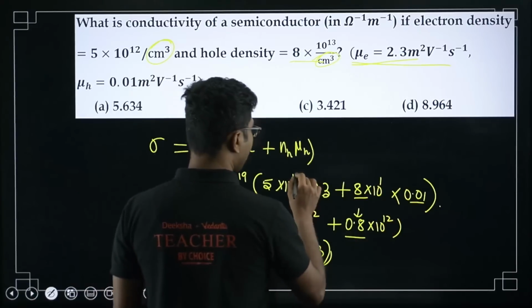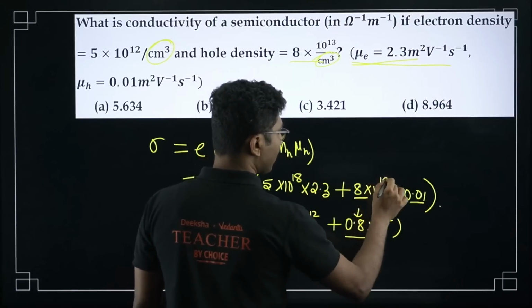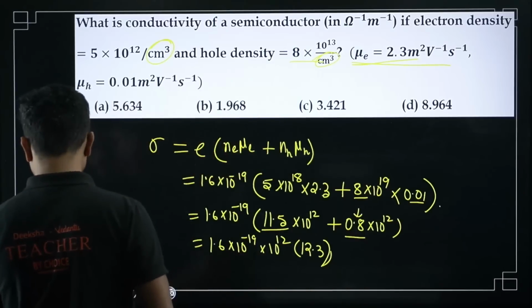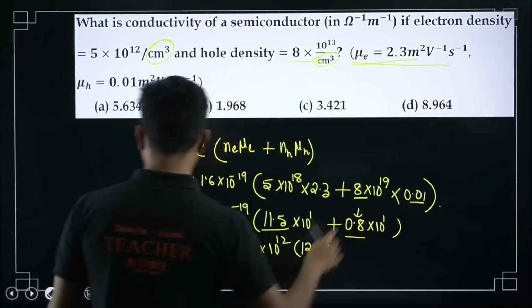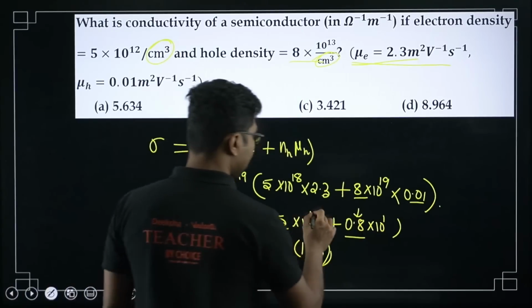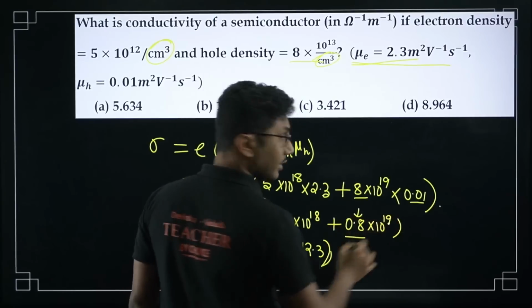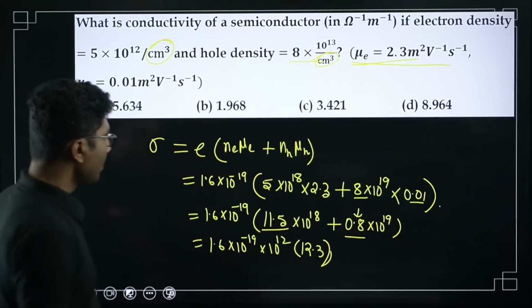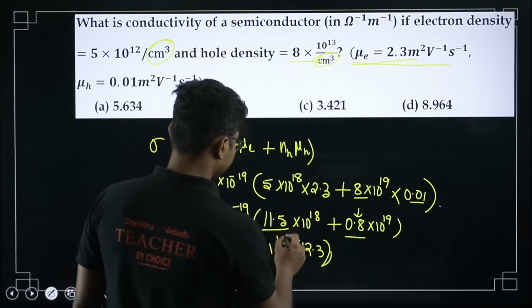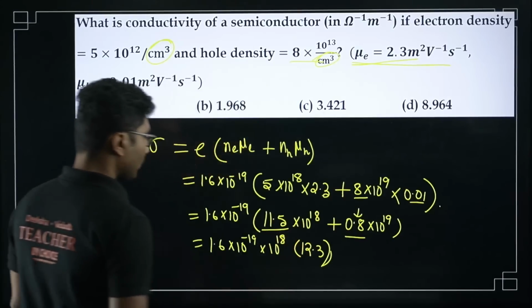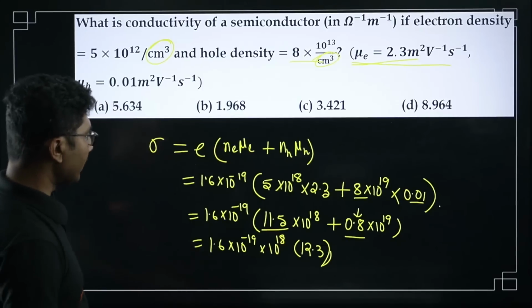Okay, so it will be 10 to the power of 18. This will be 10 to the power of 19 and after I multiplied as I have done, it will be 10 to the power of 18 over here and 19 over here. So it will be 10 to the power of 18. Okay, so now you have to calculate this as